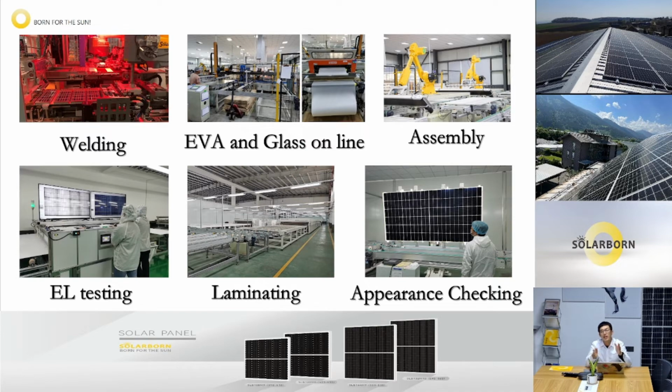And the first testing is the EL testing. This is the testing before the laminating, because after laminating, we cannot change anything anymore. If in the first EL testing we find any problem solar cells, any bad solar cells, our workers will fix them to guarantee the quality of our solar panel, and then it goes to the laminating. After laminating, the solar panel is already half finished, and the workers check the appearance of the solar panels,